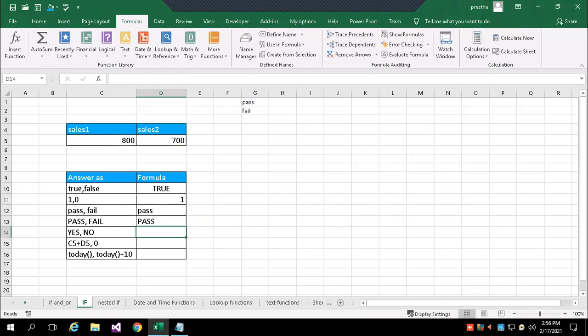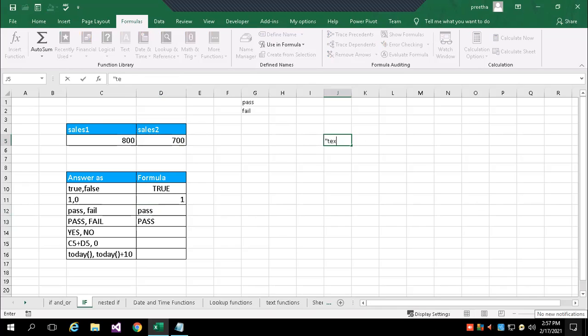So in the previous example, we have written directly the constant, like directly pass or fail. You're getting? In this example, directly we are writing 1 or 0. So if it is a numeric value, you are not enclosing it by double quotes. You observe that when I'm writing 1 and 0, there are no double quotes. But when I'm writing pass or fail, I've written it with double quotes. Means whenever you're writing text, you should give it in double quotes. So within a formula, when you are expressing a text, it should be enclosed within double quotes.